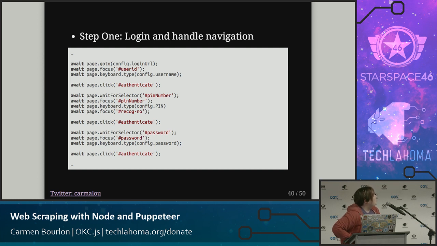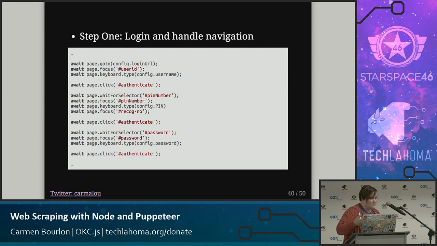So we're going to focus on that specific ID. In this case, that ID is an input box. So we focus on it, and then we put in a username. We're going to click, it's a next button, essentially. For some reason, they've broken it out into multiple pages, so that's why this is so big. Once we click next, we've got another selector, another input box. We focus on it, we put in the next piece of data, we click next, and then that third section,